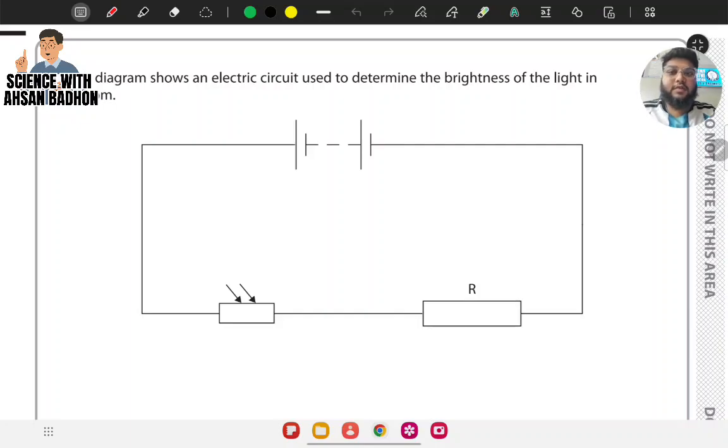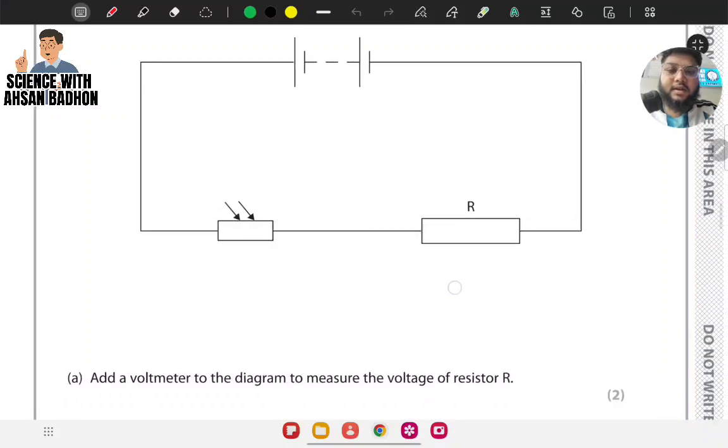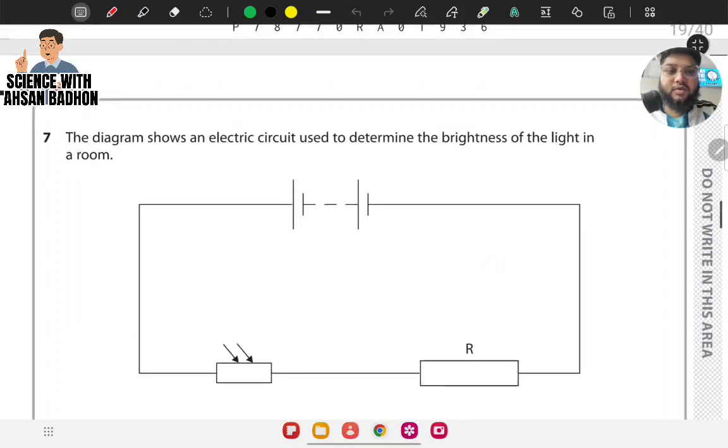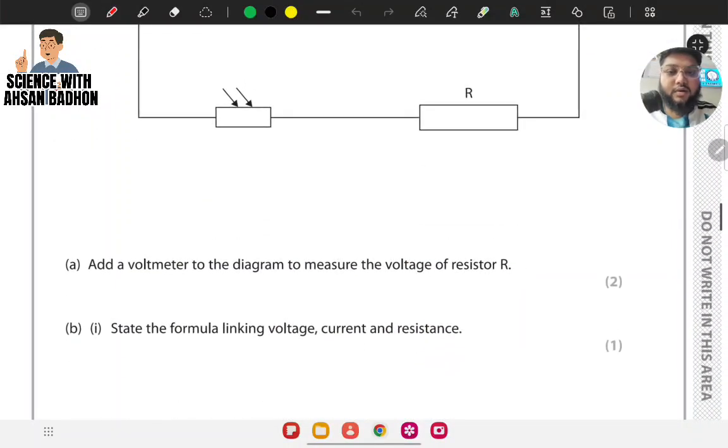So this is our next part of the video. The diagram shows an electric circuit used to determine the brightness of the light in a room. Here we can see a circuit where there are two cells or a battery, a light dependent resistor and a regular resistor. So the question says, add a voltmeter to the diagram to measure the voltage of resistor